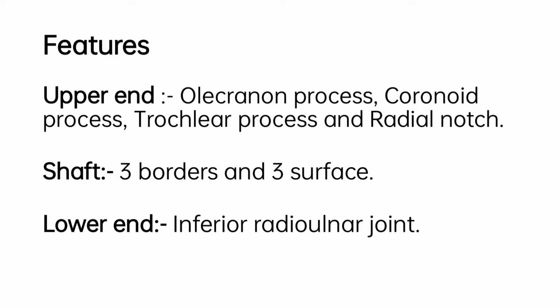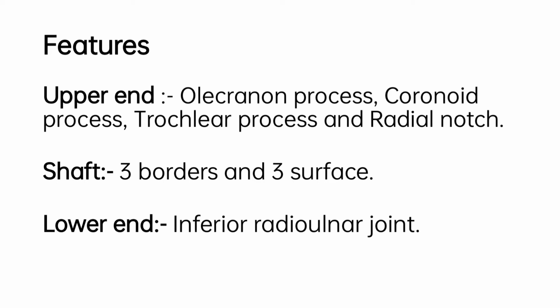Moving further to the medial border. Medial border is continuous inferiorly with the medial surface of the shaft. Lateral surface is smooth, continuous with the posterior surface of the shaft. Superior surface now. Its posterior part shows a roughened area. So, these were all 5 surfaces of olecranon process. That is anterior surface, posterior surface, medial, lateral and superior.